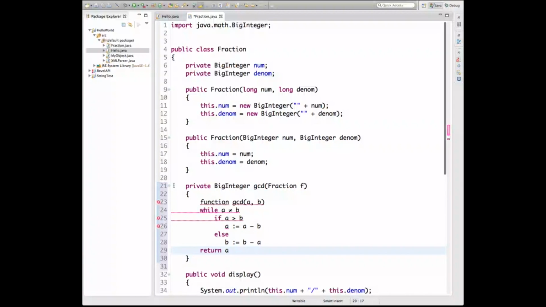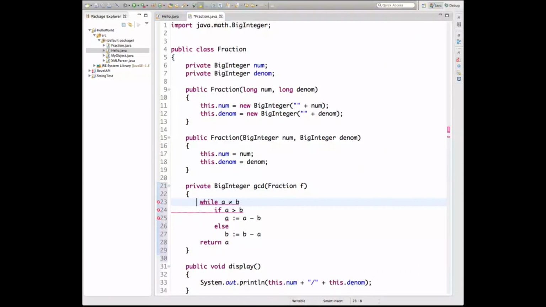I'm going to paste this code in. So in our code here, A is this, and B is f. So here we can even name this, no, screw it, just leave it as f. So while A and B are not,